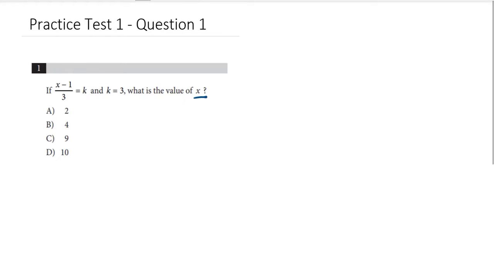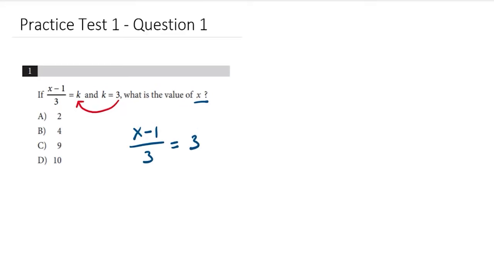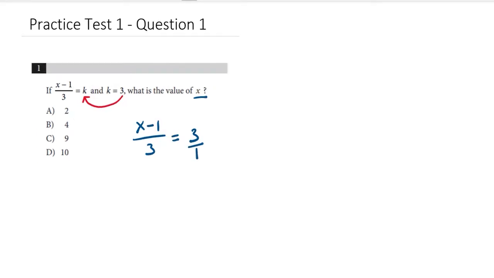So this 3 goes into here, and we're going to rewrite the equation. (x minus 1) over 3 is 3. This is a fraction, so to do the cross multiplication, we're going to make the 3 in fraction form, which is just a 3 over 1. And we're going to cross multiply like this. So x minus 1 times 1, 3 times 3, that's